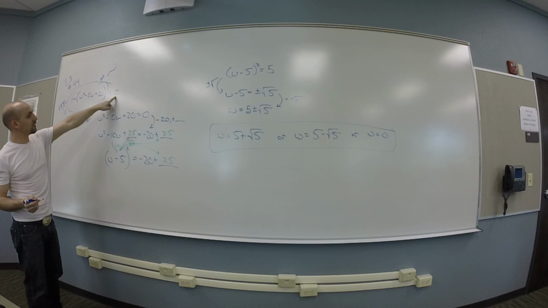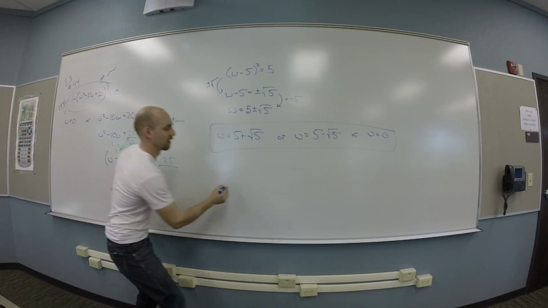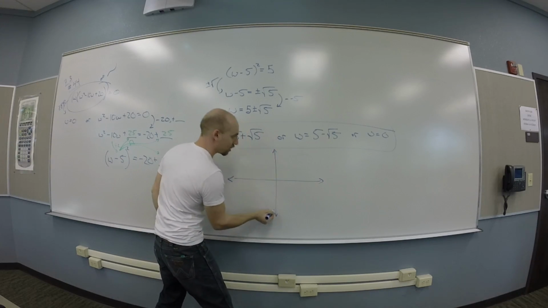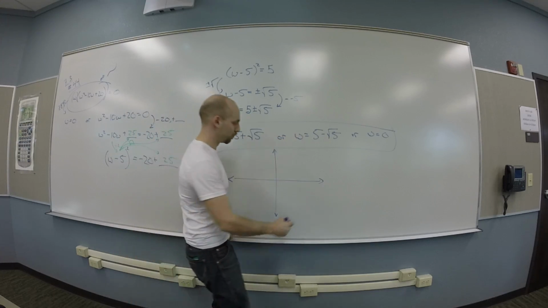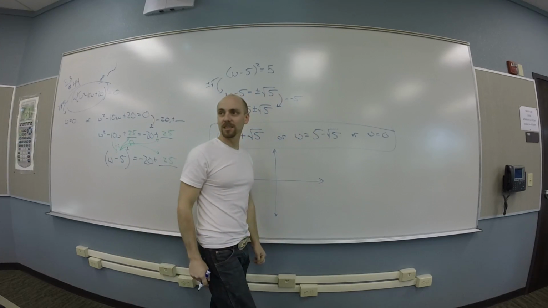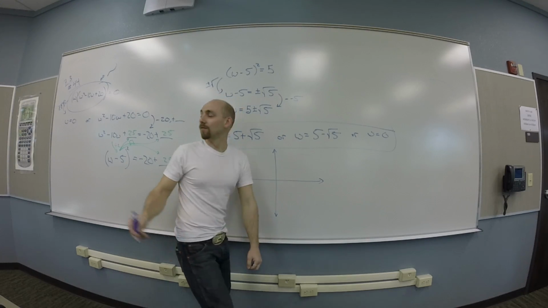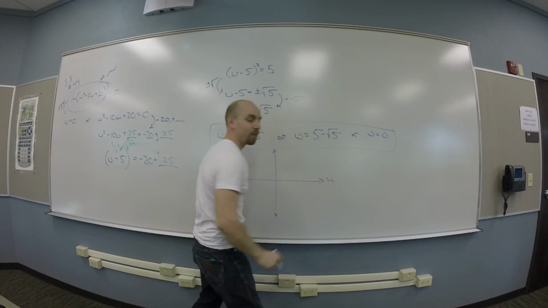And when does it hit the x-axis? Okay, so here's my picture, and this is only ballpark. But it hits the, sorry, not x-axis, what's the input in my function here? W. So it hits the W axis